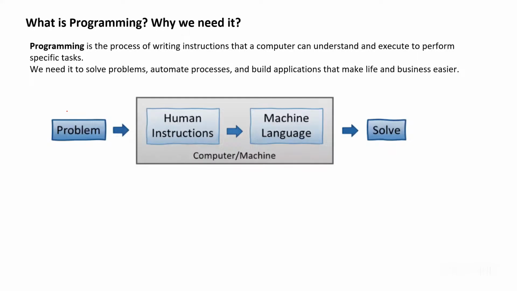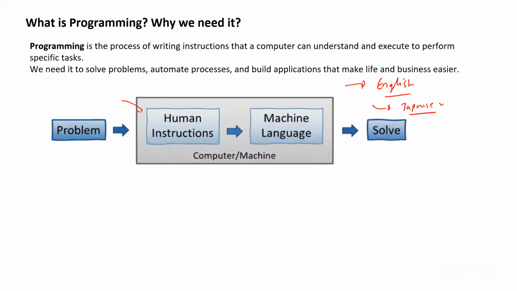Now how does the computer understand? You give a set of problems in the form of human instruction, but can your computer understand that directly? If I'm talking in English, you are able to understand because English is a universal language. But if I start talking in another language like Japanese, how many people will understand Japanese here? Can others understand? Does anyone know Japanese? No. Exactly. So the computer needs to understand its own language.